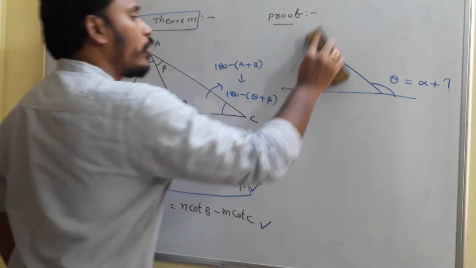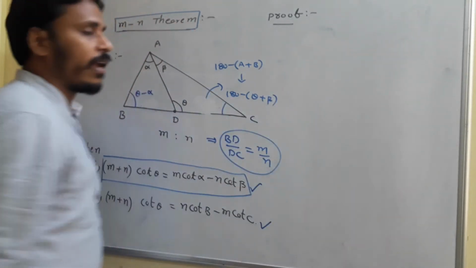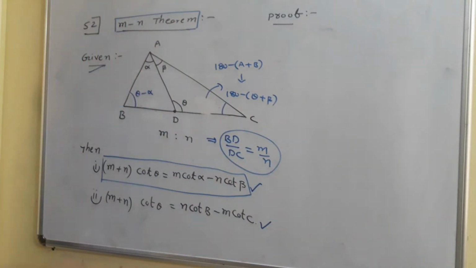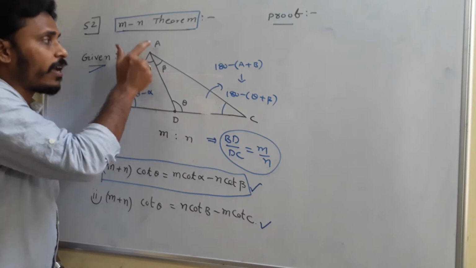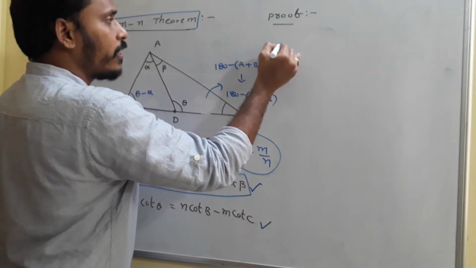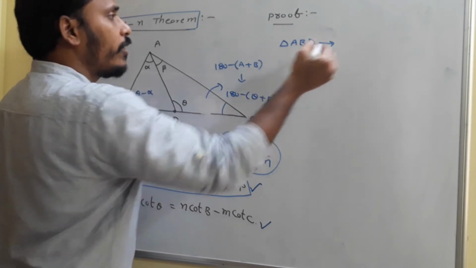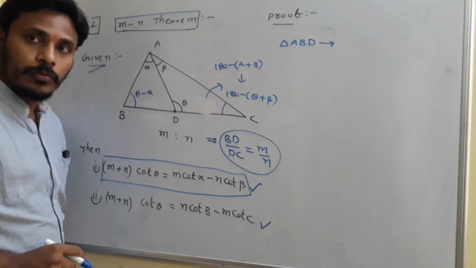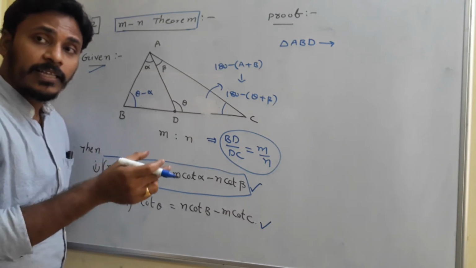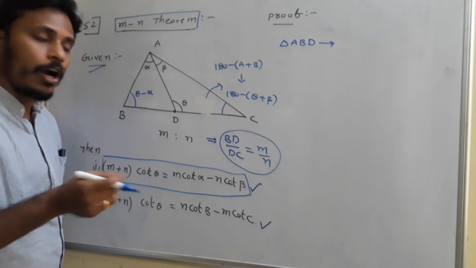And now you just apply the sine rule for the first triangle as well as for the second triangle to prove the statement. You just look at the first triangle. Now the first triangle is ABD. For your sake, I will just represent here triangle ABD. In this triangle, if you apply the sine rule, what is the sine rule? Side length divided by, a side divided by the sine of the opposite angle.